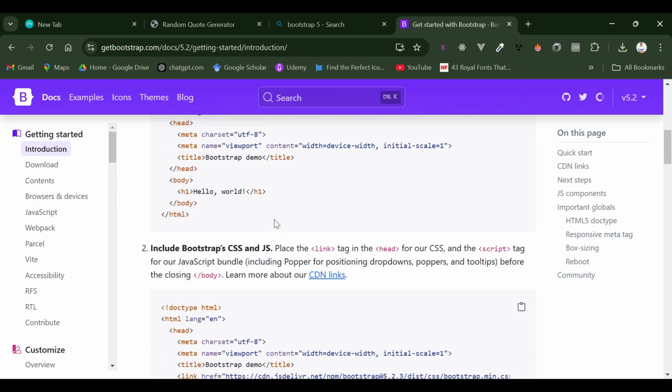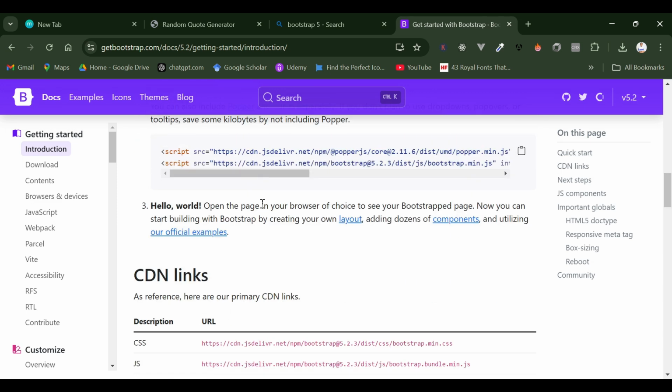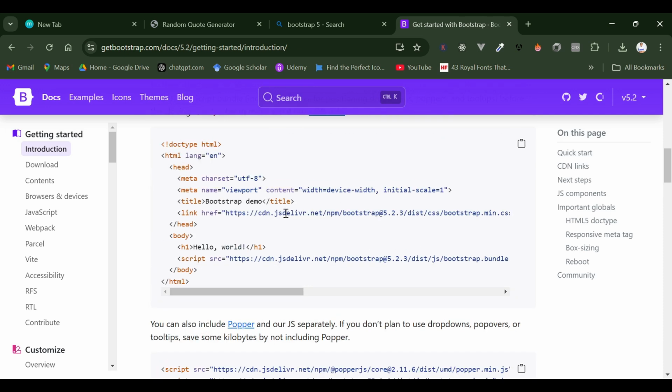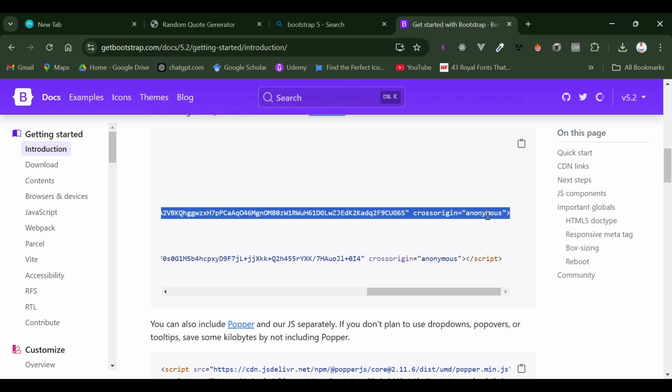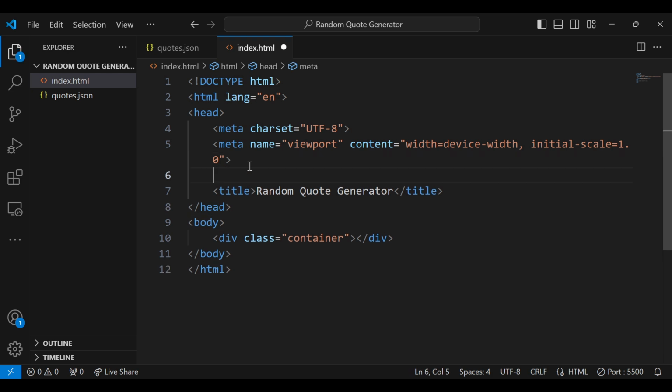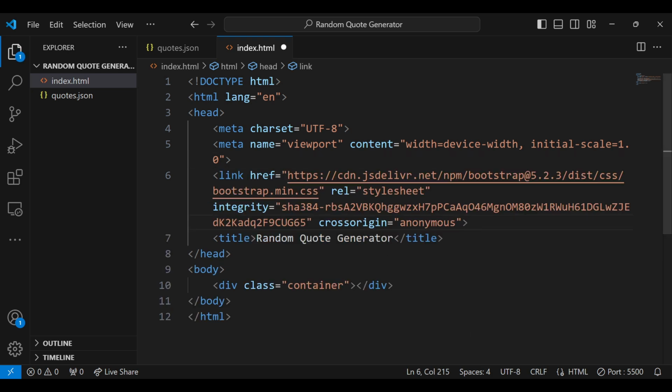So we are going to copy the CDN link. We need to copy this link. I'm going to copy it, go to my code editor, and we are going to paste it just before the title, and we are going to go back to